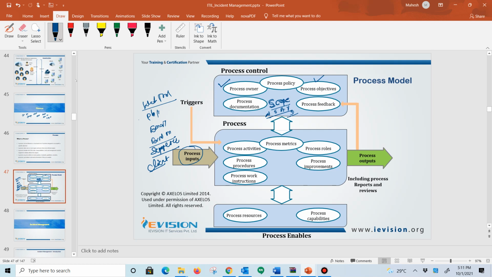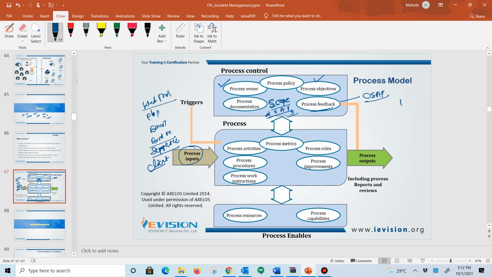Okay, well, that is what we call a scope. Process feedback is nothing but the CSAT you may take from respective stakeholders, and you are aware of the definition of stakeholders: those who have an interest in your products and services. Now the process activity is a part of that, where you have activities such as what we said.